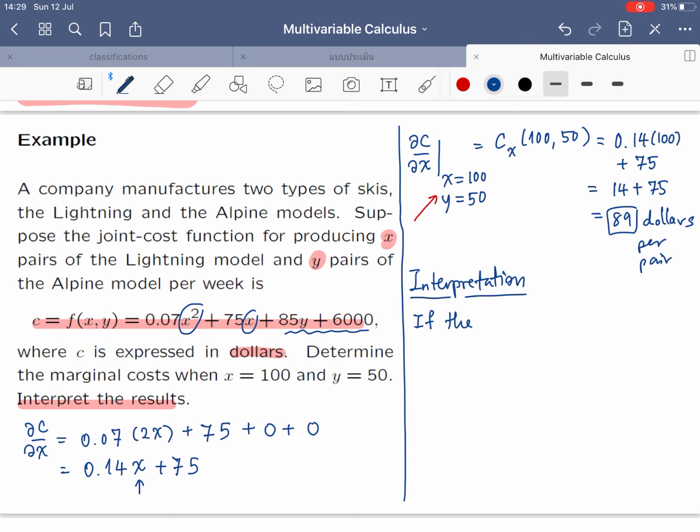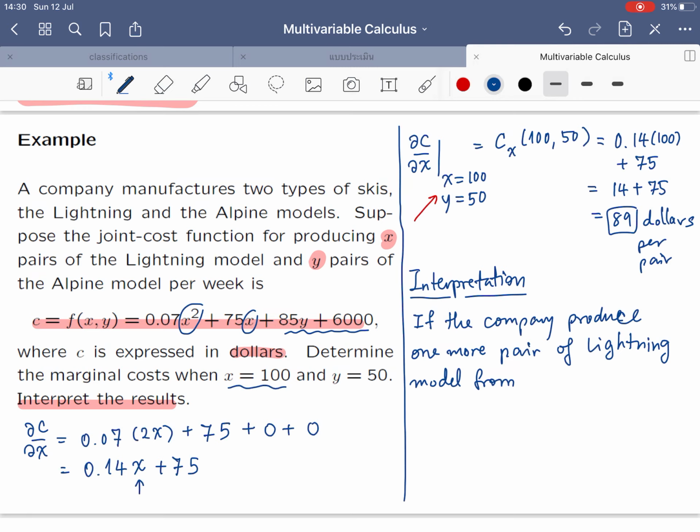If the company produces one more pair of the lightning model from the original 100 pairs, okay, but fixes